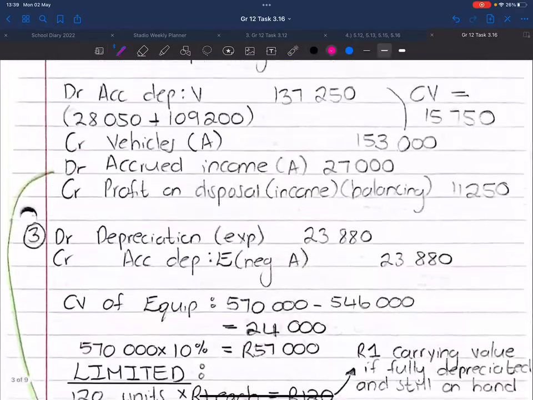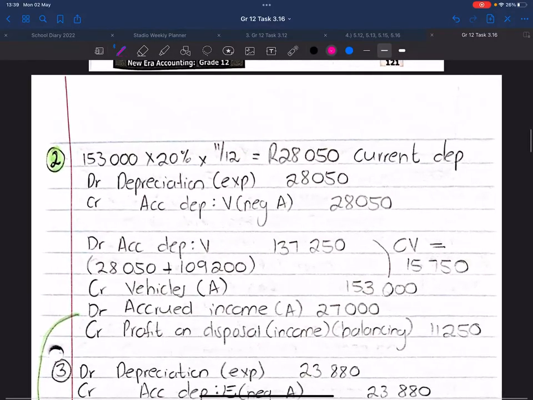Adjustment number 2, they told us that an old delivery vehicle was sold for 27,000 Rand, so that's the selling price, and no entries have been put through. So this was on the 31st of January, so it's 1 month before the end of our financial year. And the cost price was 153,000, and the accumulated depreciation up until the beginning of our year is 109,200,